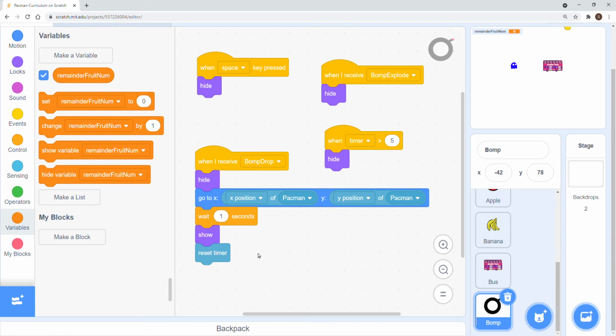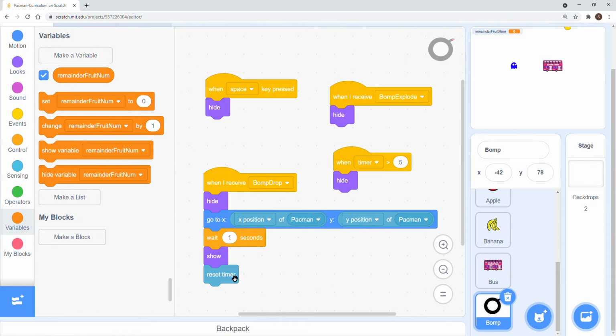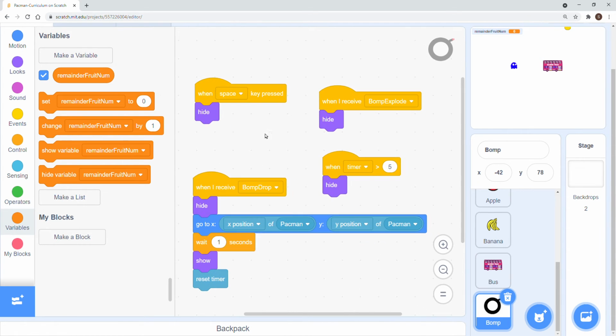So what does it mean? The timer counts how long it has been. And see here we have a condition: when the timer is more than 5, meaning 5 seconds, this bomb will hide. And the other thing that keeps it hiding is